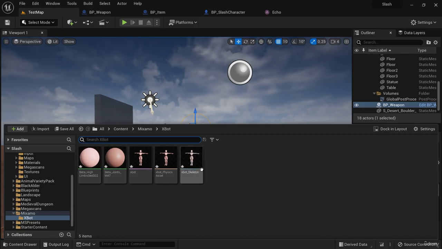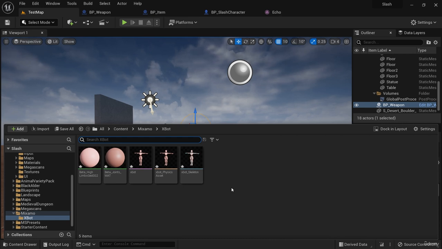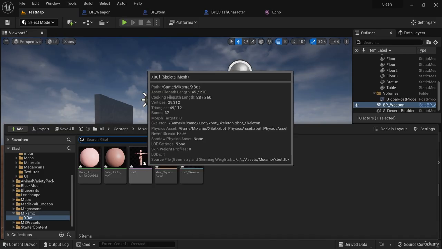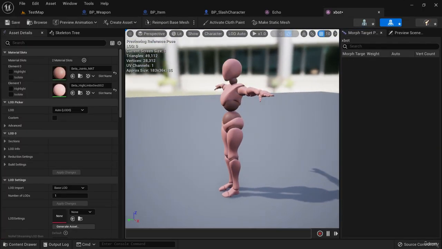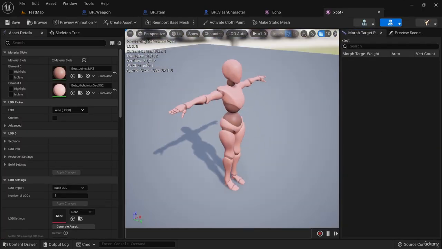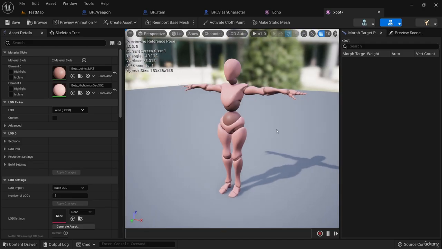we have several things. These are all assets included in the .fbx file for XBot. We have two materials, and these materials are assigned to the mesh, and here is the mesh, XBot. Hovering over it, we see that it's a skeletal mesh. We can double click it and see that this is exactly what the XBot skeletal mesh looks like on the Mixamo website. And in the asset details, under material slots, we have two different materials, a sort of dark pink